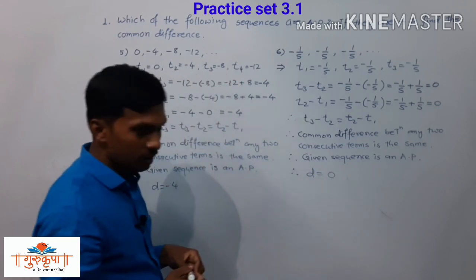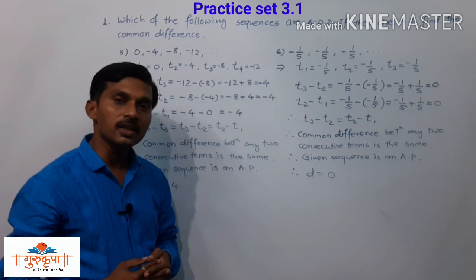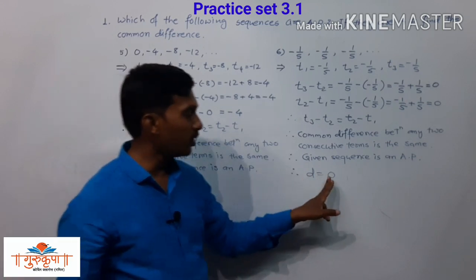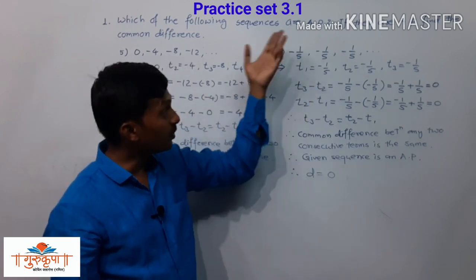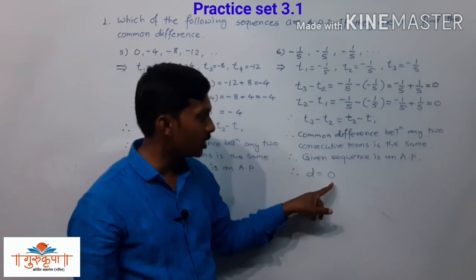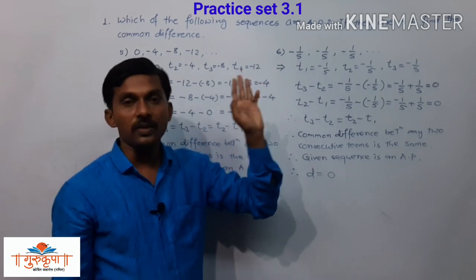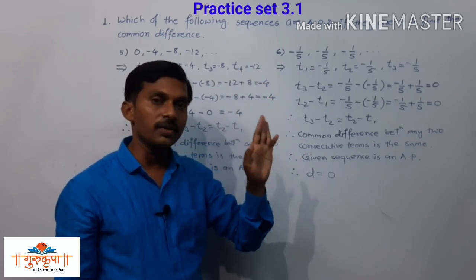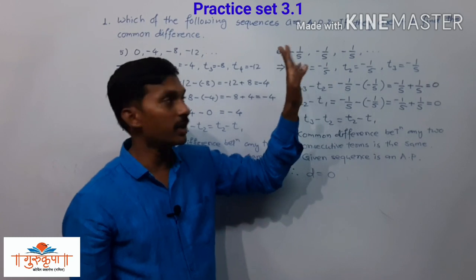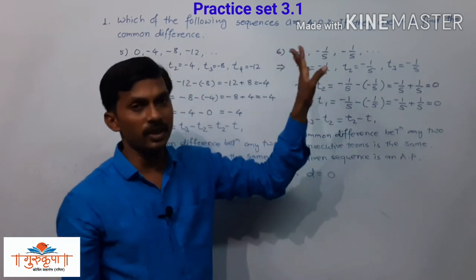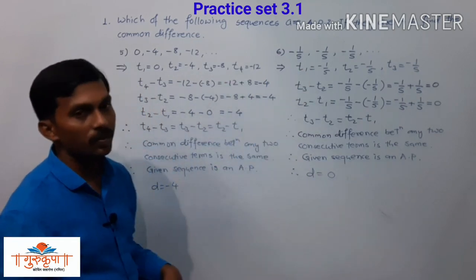Here, for our information, we have to always remember that we get the common difference 0 if and only if each and every term is the same. And if each and every term is the same, or the common difference is 0, at that time this AP is called a constant AP. We can say it is an AP, but that is a constant AP. That is for extra information for us. So this is all about example number 6.